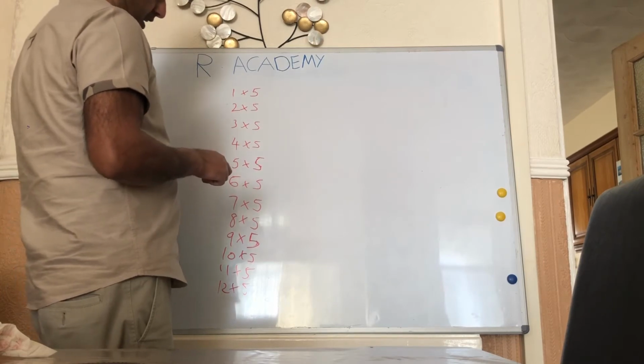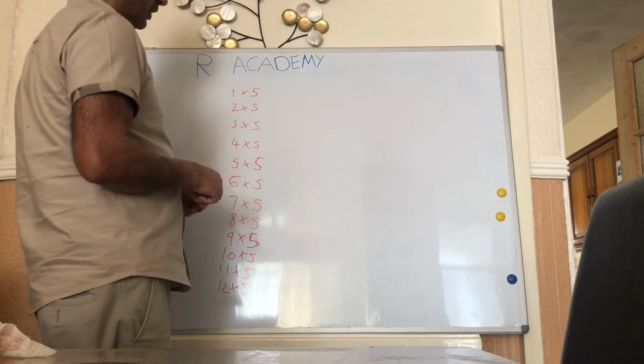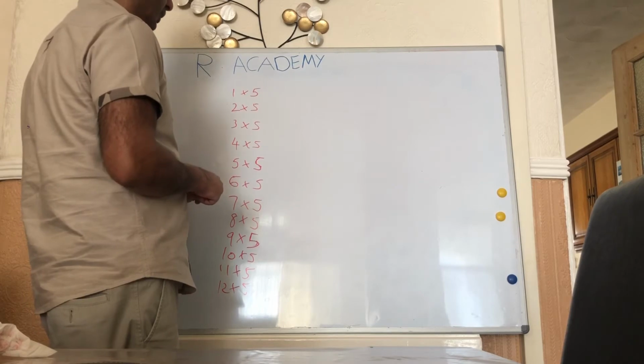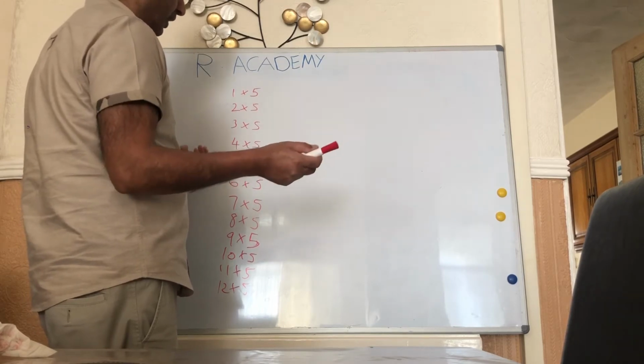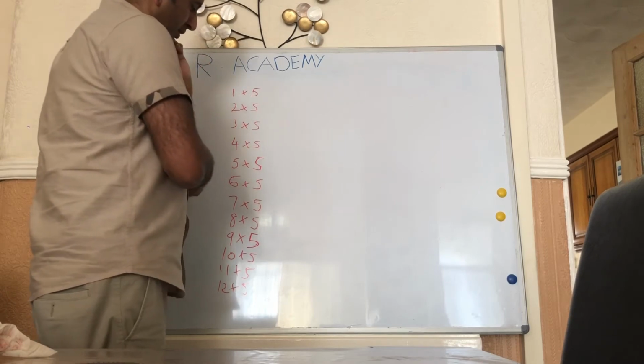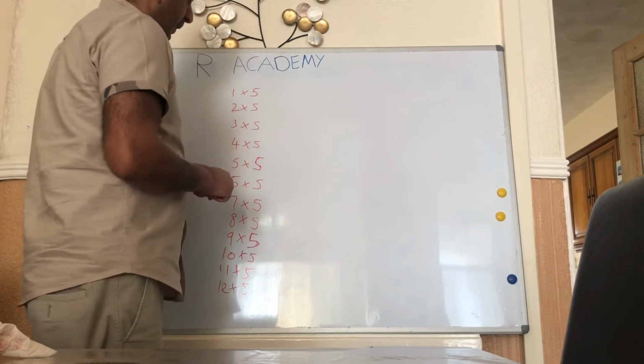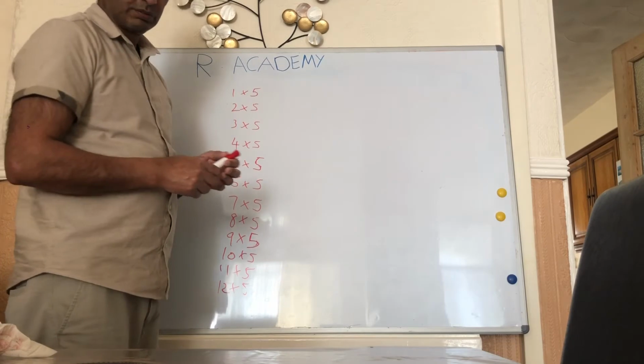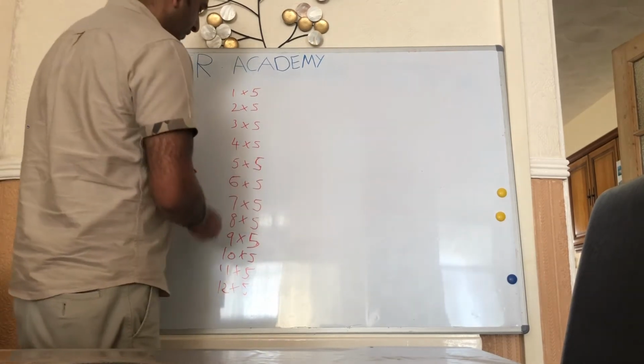And somebody might ask you a question then, oh, what's 9 times 5? And you might get stuck if you don't know it off by heart. So people who know it off by heart, they'll say, oh, 9 times 5, I know what that is, 45. But if you don't know your times table, then what I tend to do is